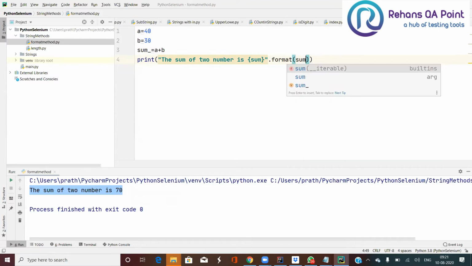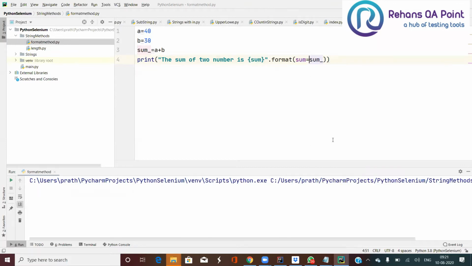Sum is equal to sum underscore. Now I'm telling you exactly that I'm going to replace this sum value with this variable. So we can also use this kind of representation to make your string get formatted.